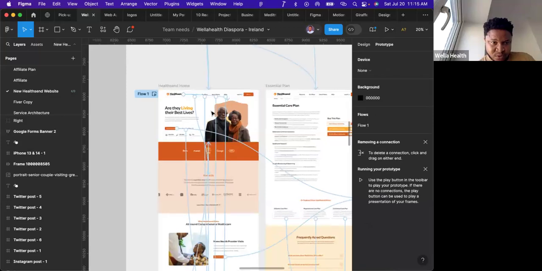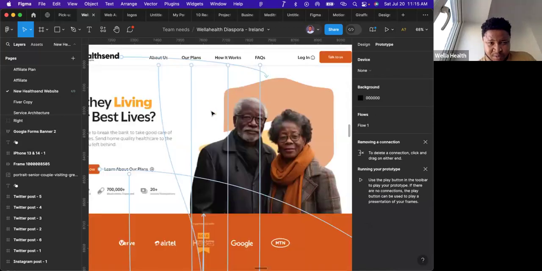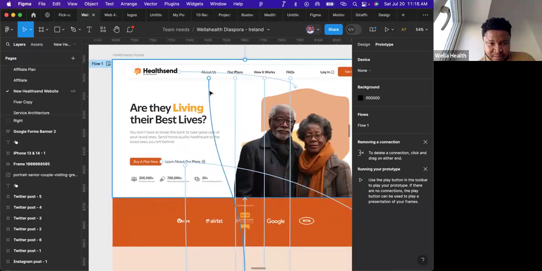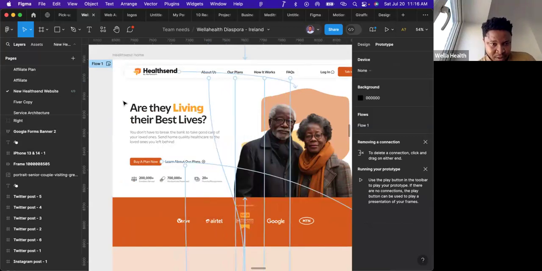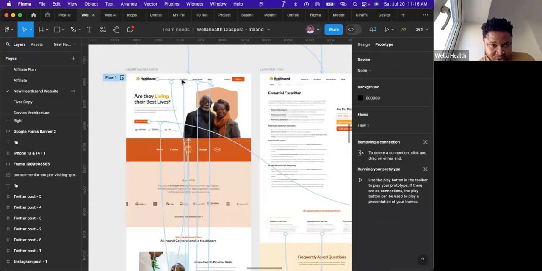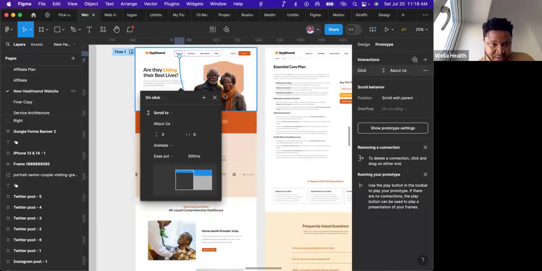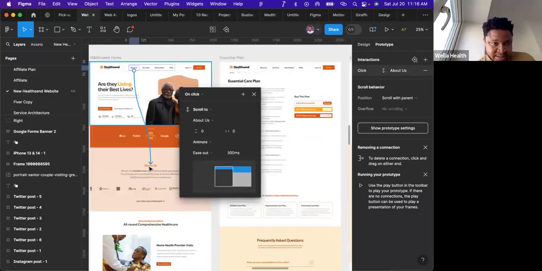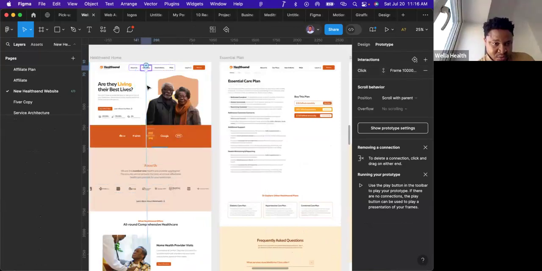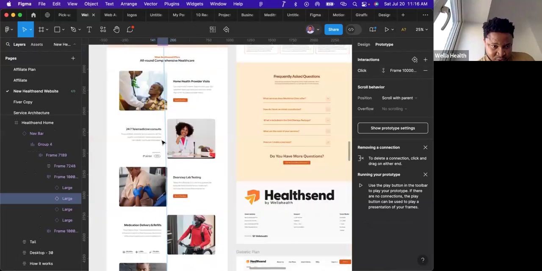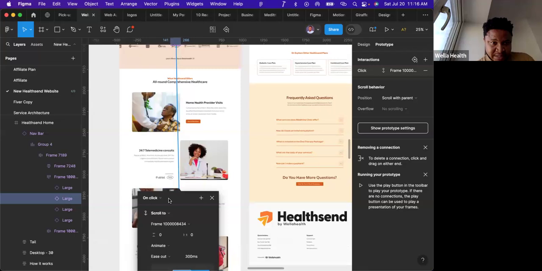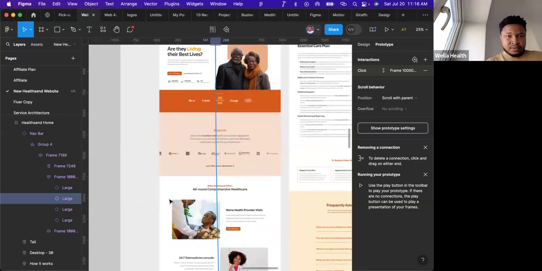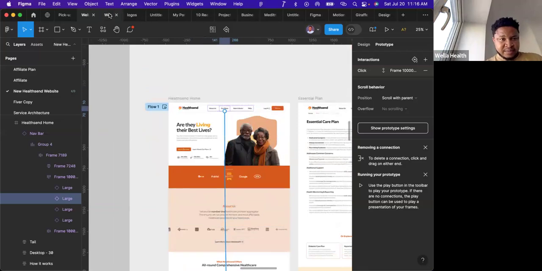We have buttons that are prototyped to scroll down to a particular frame. So this one is designed to scroll down to this about us frame. So when you click on this about us, it's supposed to scroll down to this about us frame, and this plans also is supposed to scroll down to this frame. So what that looks like in practice is